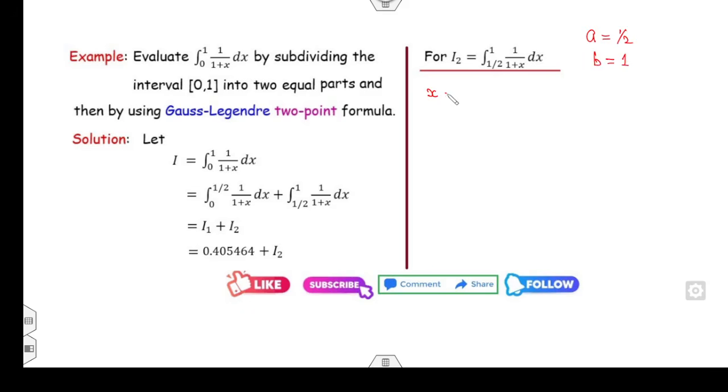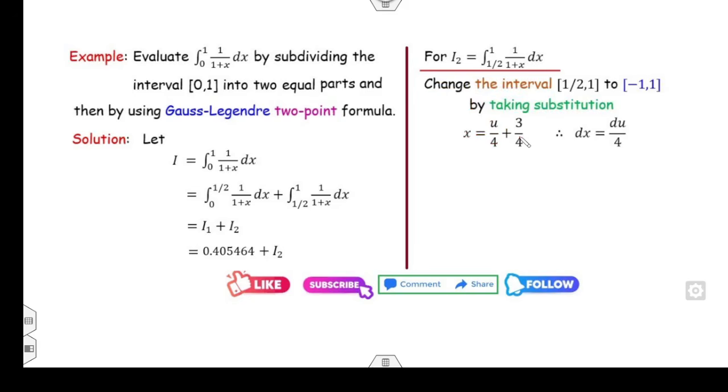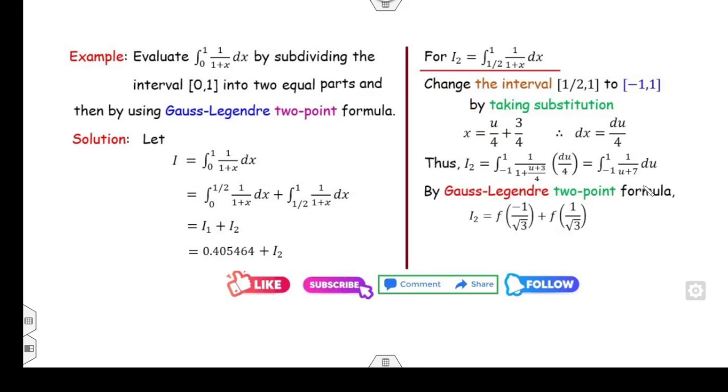So I can use the substitution (B minus A) over 2 and (B plus A) over 2. Therefore, dx will be 1 over 4 into du. Fine. Now you can substitute the value in the I2. You will get 1 over u plus 7. By using the 2-point Gauss quadrature formula, your answer will be